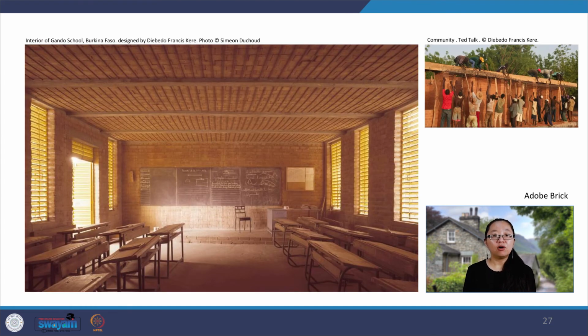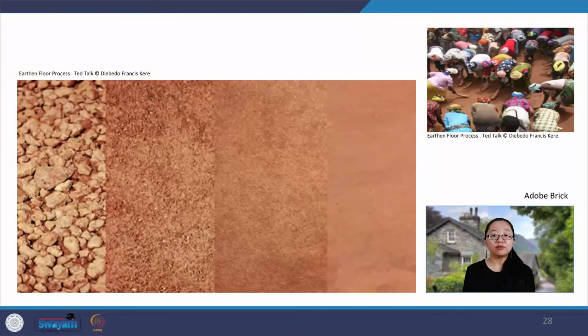To avoid overheated classrooms because of corrugated metal roofs, the architect introduced a dry stacked brick ceiling in between. Allowing for maximum ventilation, cool air is pulled in from the interior windows while hot air is released out through perforations in the clay roofs. This also significantly reduces the ecological footprint of the school by alleviating the need for air conditioning. Other than the walls and roof ceilings, the floor is also made from clay